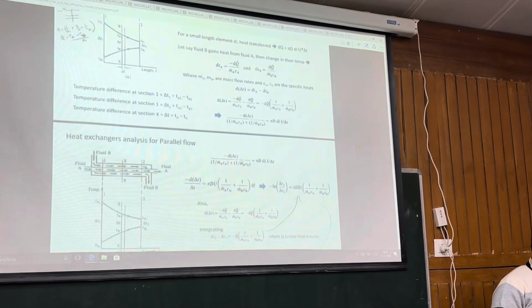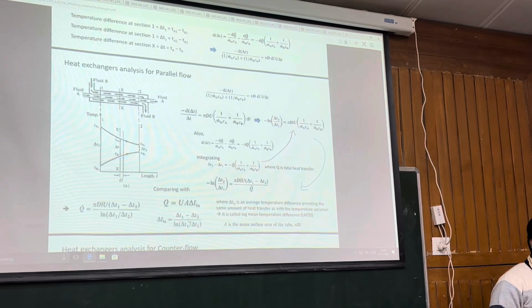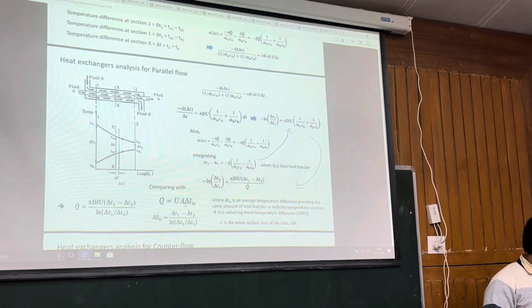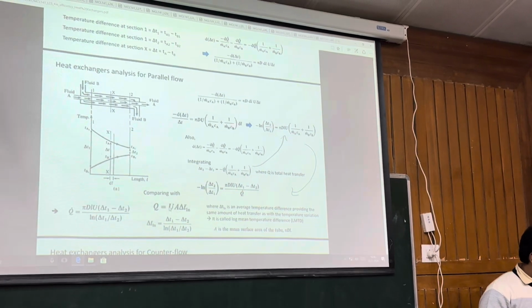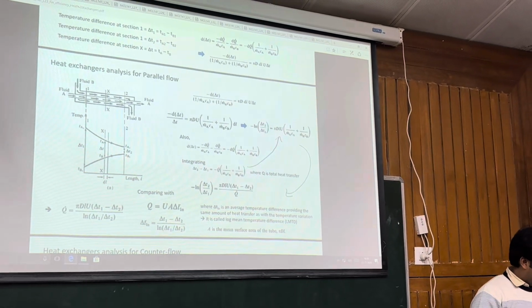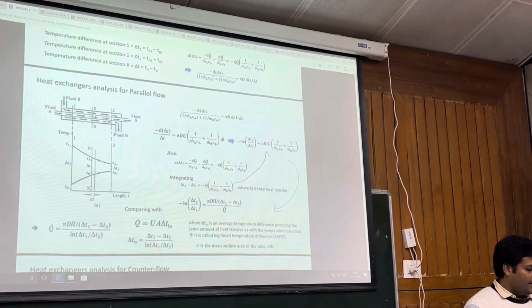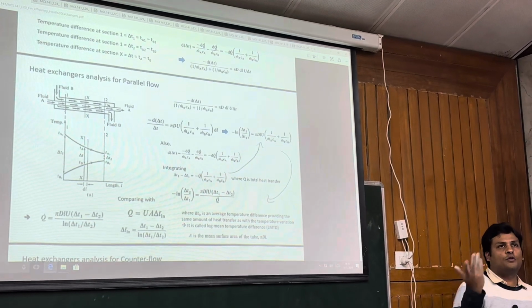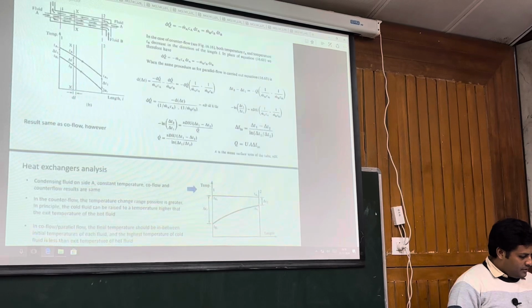So heat exchangers, you need to know the log mean temperature difference formula. Heat transfer formula is UA times the log mean temperature difference. And the formula for log mean temperature difference you should know. And you should know simple things like Q is m cp delta T of fluid A is equal to m cp delta T of fluid B, the overall energy balance. You should know that, or you can write it also if you want. And